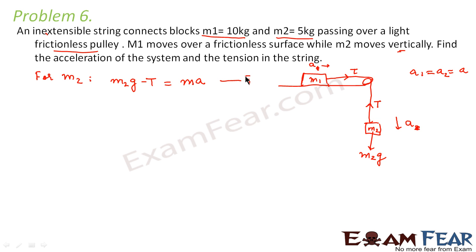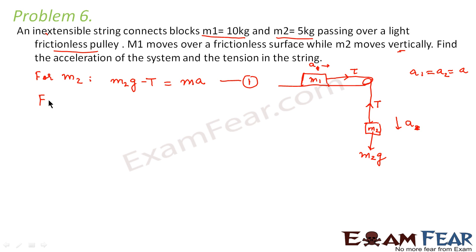So what do we basically do to write the equation? We take the net force acting on this mass. So what is the net force acting here? This M2g and T. Now since it is moving in the downward direction, we say that M2g minus T is the net force, and what is the force with which it is moving? That is mass into acceleration. We already know force is mass into acceleration. So we said M2g minus T is equal to M2a.